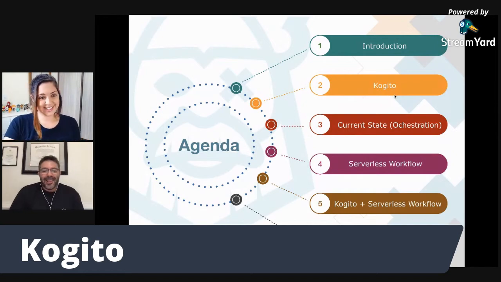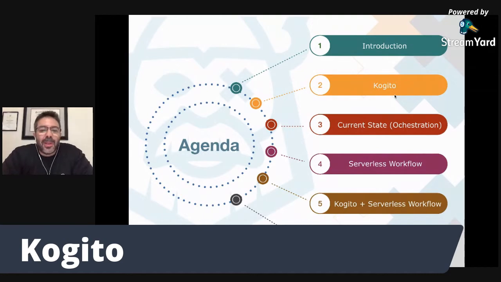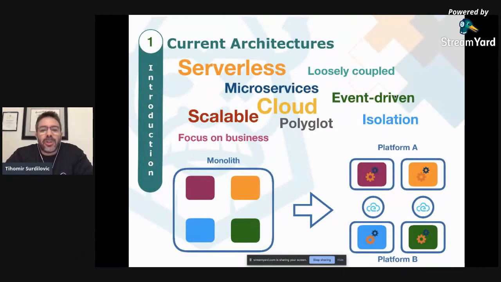All right, thanks. All right, so let's go on to the introduction. When we look at current IT and everything that's going on within IT, we see a lot of requirements, or these words that our applications need to be. They need to be serverless, microservice, loosely coupled, event-driven. They have to be isolated. They have to run in a cloud or some sort of container platform. Our applications have to be scalable. So all of this we have to somehow accomplish.